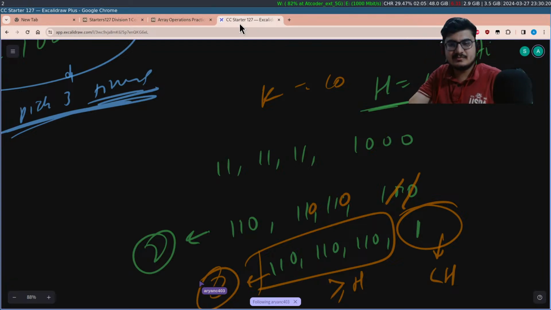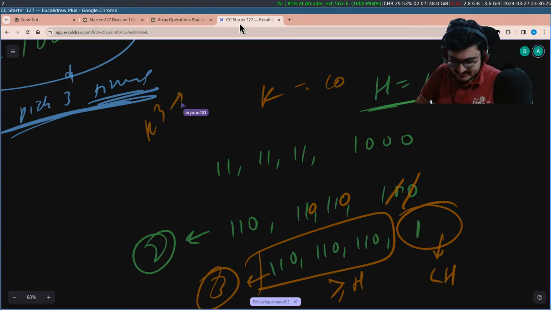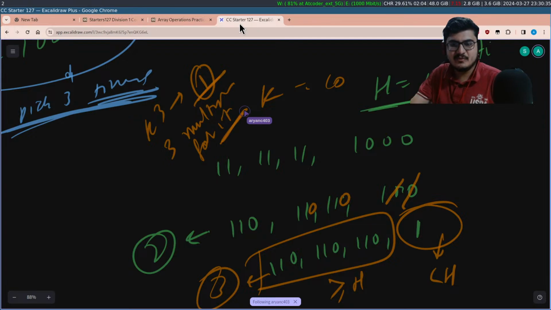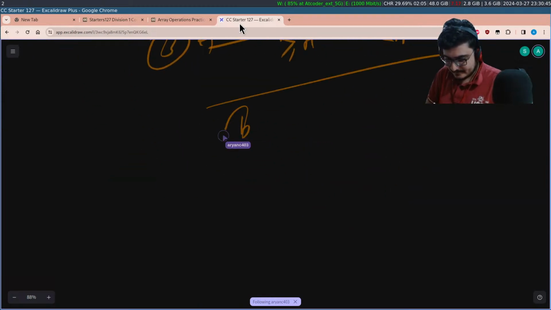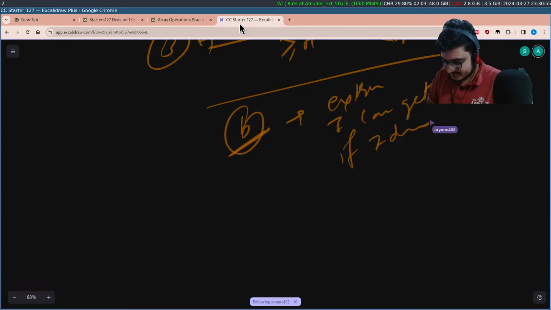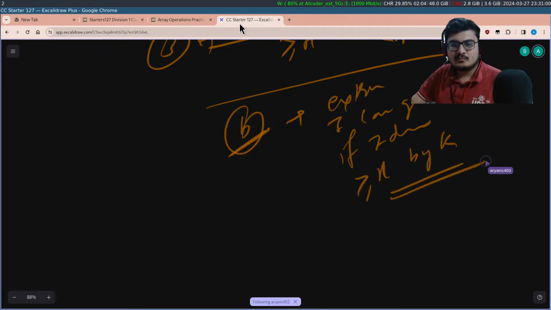The main idea is whenever you divide a number, let's say k cube, then you can divide it 3 times to get 1, and you can get 3 multiplication operations for it at the expense of removing one number from here. And that was the final greedy idea. I maintained a separate array B where I maintain how many times extra I can get if I keep dividing the numbers greater than h by k. And that was the last idea.